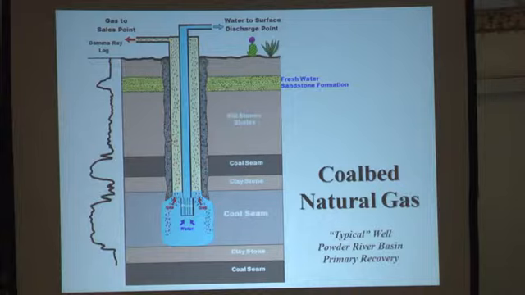That is all sealed so that there's no communication of the water or the gas that comes out of the bottom. It's sealed from the surface down to the coal seam. And then at the coal seam, it's under-reamed, so there's kind of a little hole that's dug in there. The water is pumped off in that middle pipe, and then the gas just floats up.